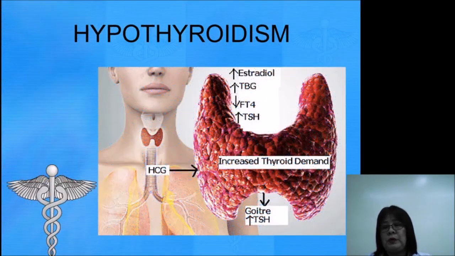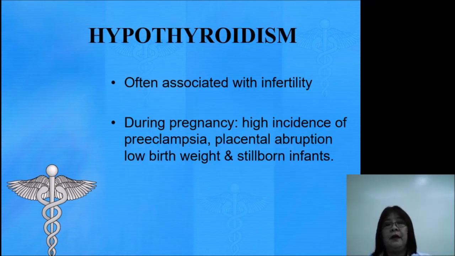Now let's go to the next, which is the other end, which is your hypothyroidism. We seldom see patients with hypothyroidism during pregnancy. Why? Because most of them are infertile. Why are they infertile? Because hypothyroidism is related to anovulation. So if they are not ovulating, they will not get pregnant. If ever they get pregnant, they have a high incidence of developing preeclampsia, abruptio placenta, low birth weight, and stillborn